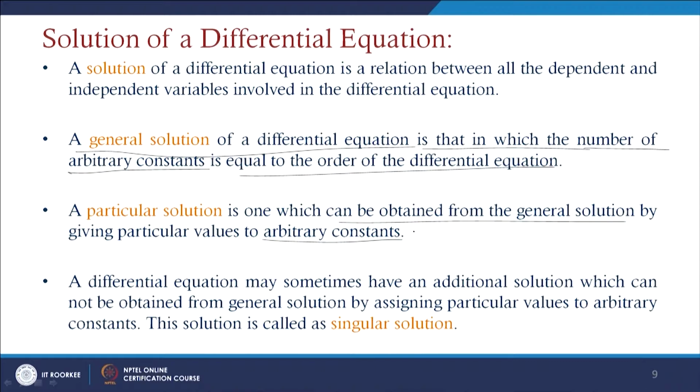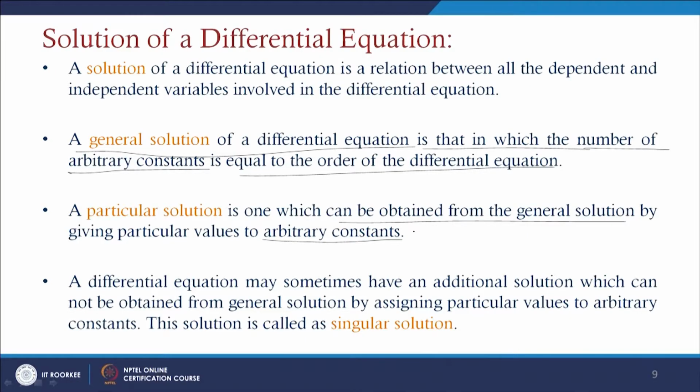If some boundary condition is prescribed, or if we use certain methods to find a particular solution from the general solution, then we can get it by choosing or determining these arbitrary constant values. Since the constant values can be changed according to the solution process, that is why we call it a particular solution. This means that for particular values of these constants, the solution will satisfy the differential equation.